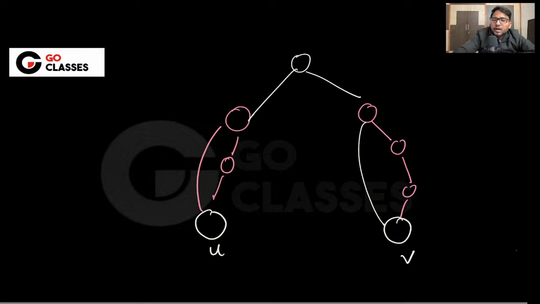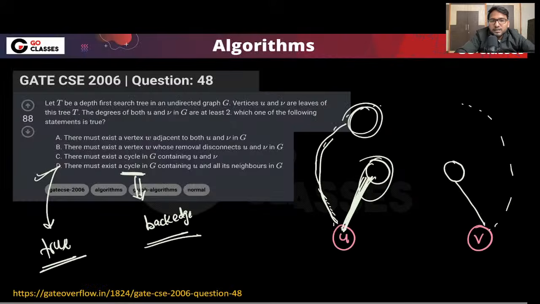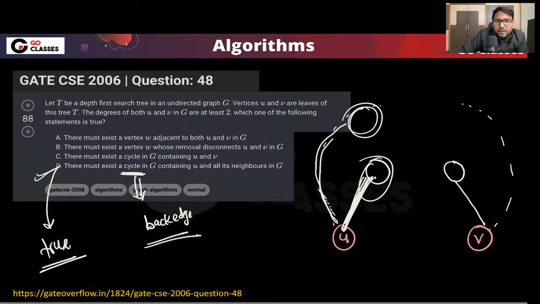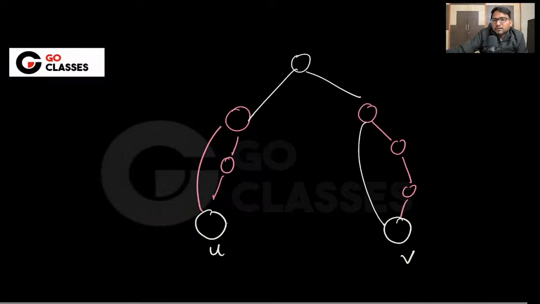It is not necessary. And also we have seen other counter examples that they are saying, the removal. Okay, removal means that cut vertex, right? So for the cycle we have seen the cycle must be there, but it need not involve U and V both. So that's why C is false, D is true. What about A and B? Must exist adjacent? No, we can have, again, this is true